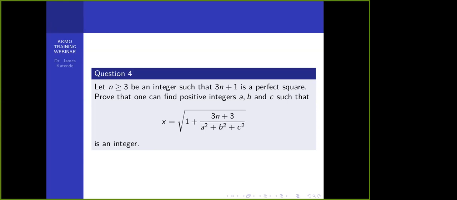So to prove that x can be an integer, that value in brackets, that fraction, 3n plus 3 divided by a squared plus b squared plus c squared, has to be greater than or equal to 0. Since we found that the numerator, 3n plus 3, is greater than or equal to 12, then we just need to prove that the denominator can be less than or equal to 12,